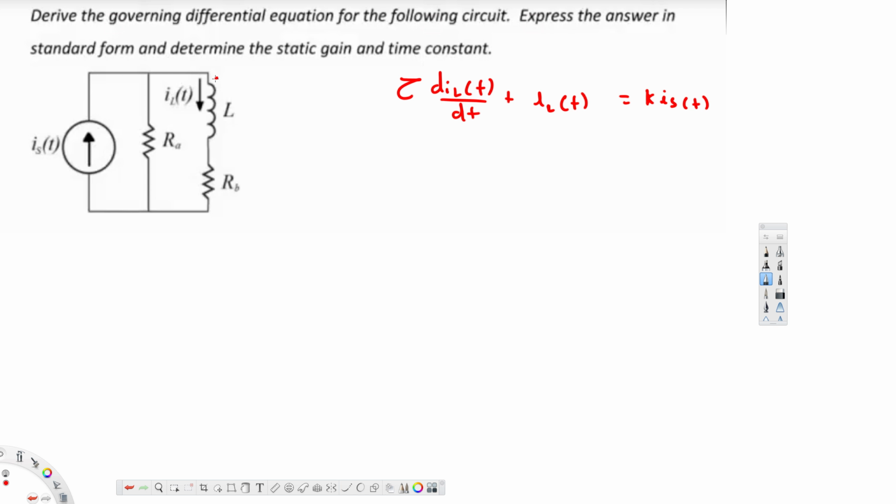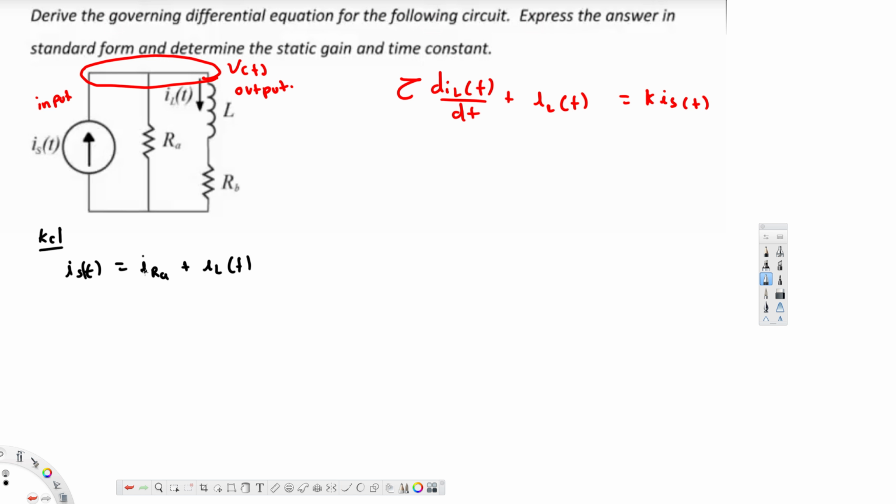Here I am going to apply Kirchhoff's current law. So I pick up this node, let's call this one v(t), and this is our input, and this side is going to be output. Kirchhoff's current law says whatever current enters the node should be equal to the current exiting this node. So in our case, the current entering the node is is(t), and is(t) should be equal to the current through this resistor and the current through this inductor. So the current through this resistor is iR(t) plus the current through the inductor, which we can call iL(t),